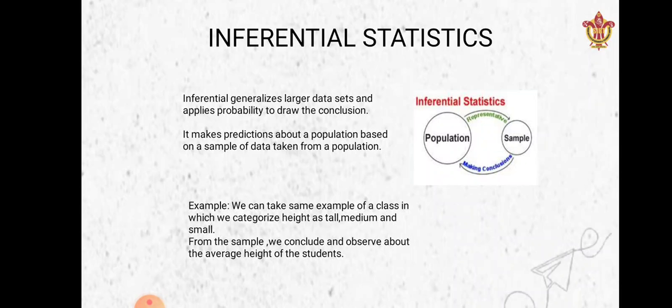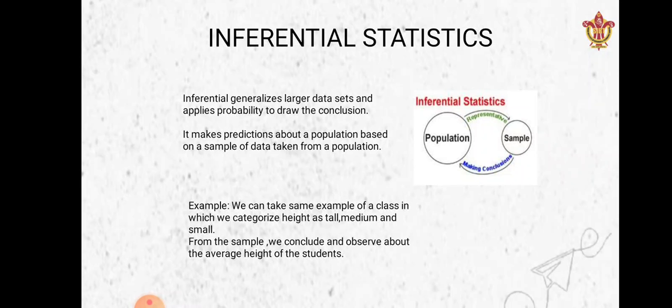Predictions about whom? Naturally about the population, because we are performing our task on a population. So whatever population or sample of data we have, we are making predictions on that, right? Whenever we are making predictions, we have a large population, and we can't do our predictions on the whole population. We need to extract a sample from the population, and on that sample we need to predict something or draw a conclusion.